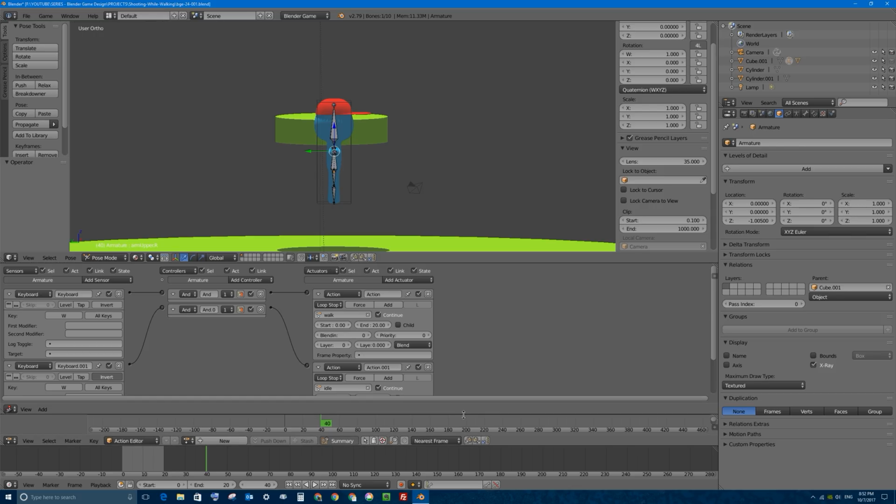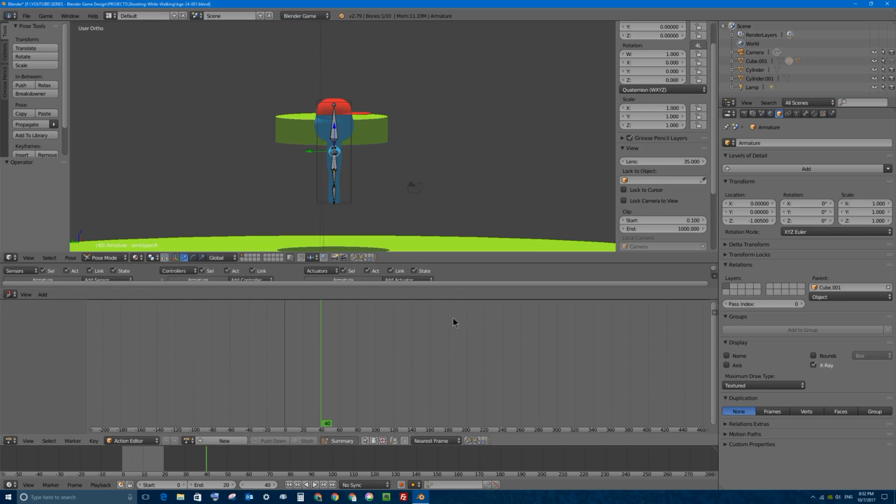So I'm going to make my logic editor window smaller so I have my dope sheet window bigger, and the dope sheet's where I'll do most of my animation. I'll go back to frame 0. Now it's in this window that if I select not the dope sheet mode, but the action editor mode, because this is where I can recall or bring up saved actions. In this case, we don't have any up, but I can go to this button right here and select my